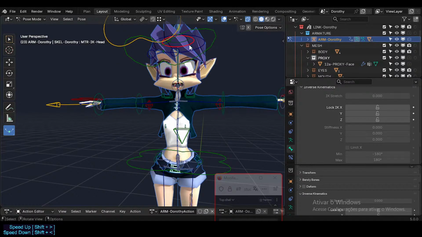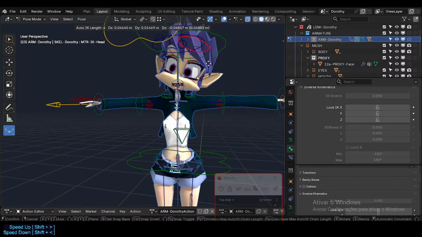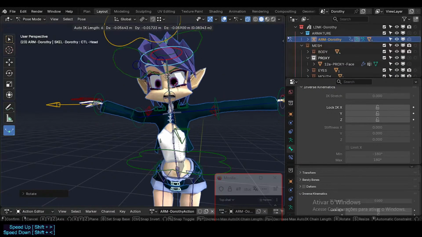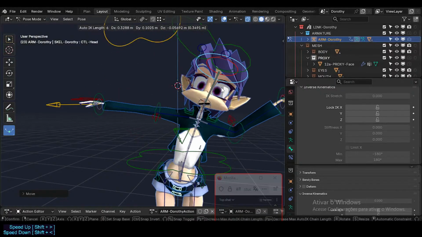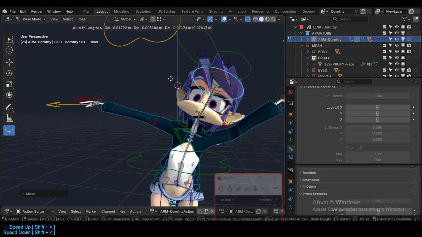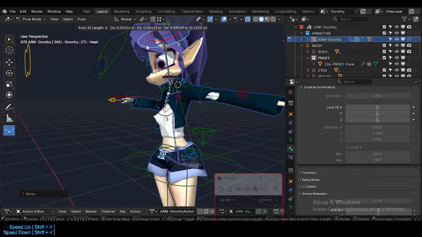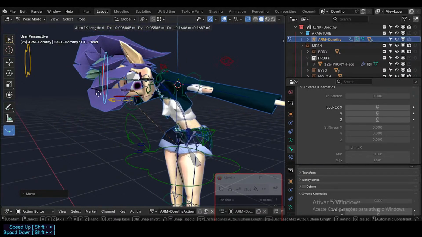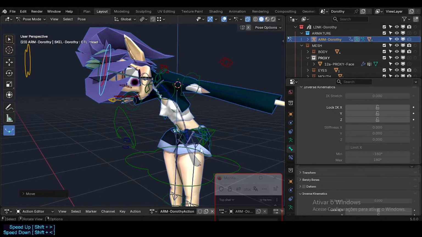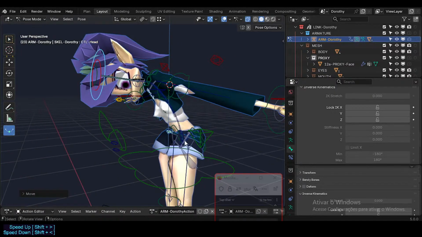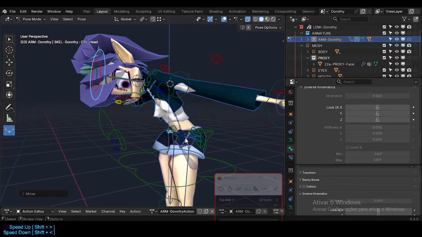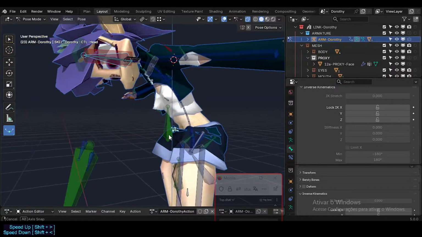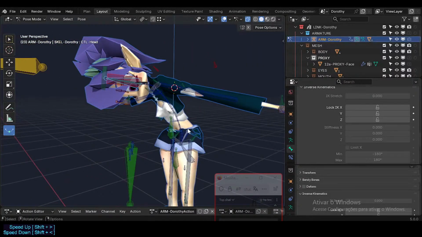This was a tweak head, not important. And now we should have the possibility of pinning by just grabbing where it is, by just grabbing the